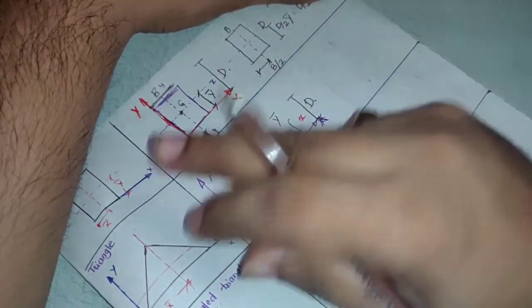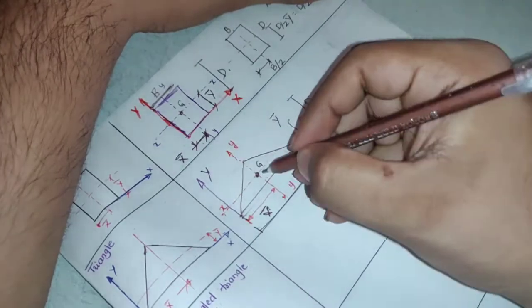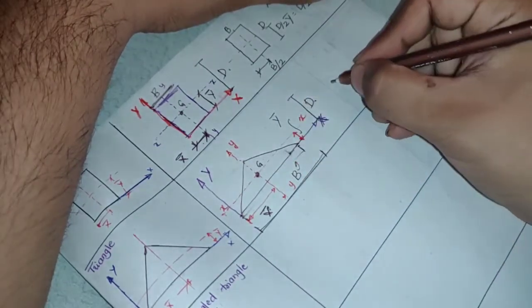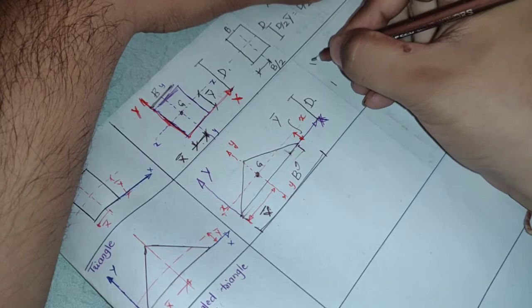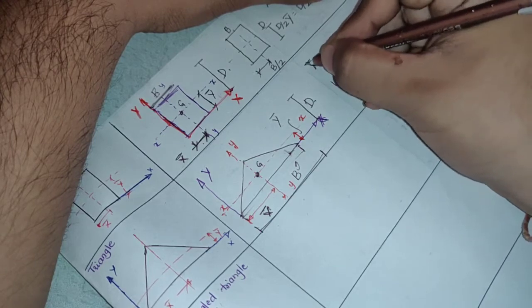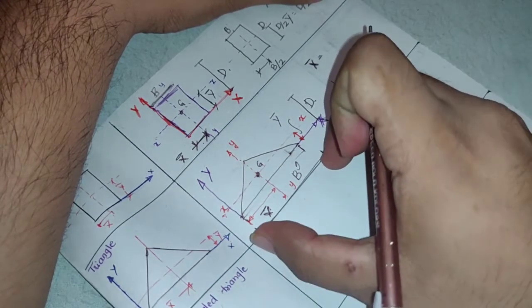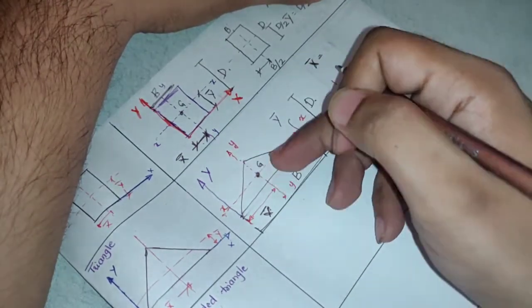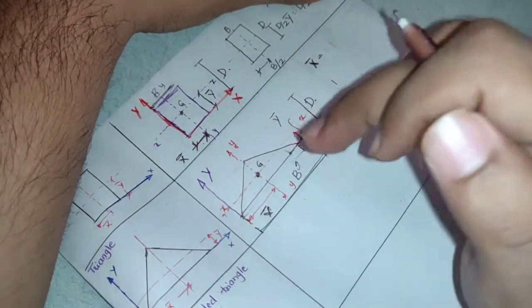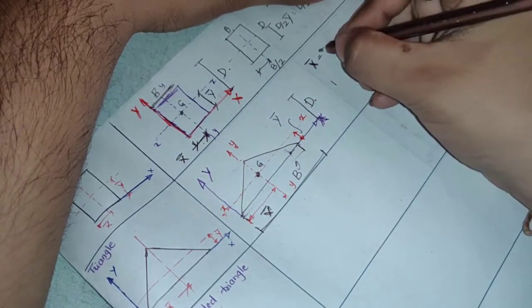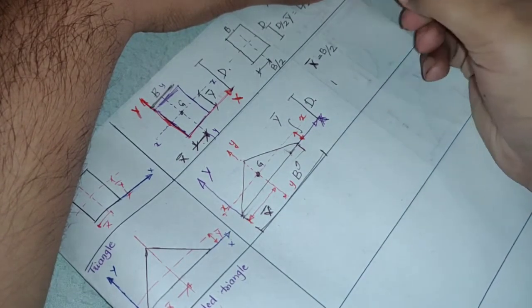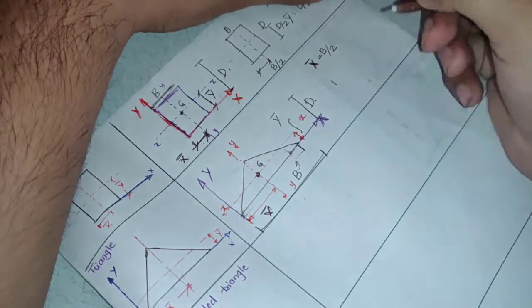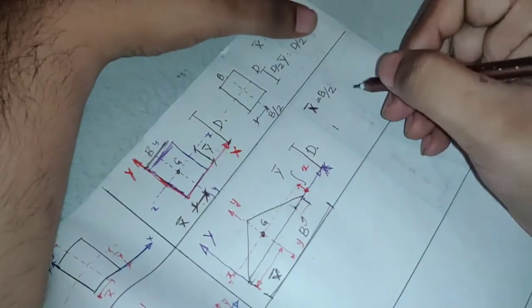So for that reason we have derived, and we got a distance. Before I come to that, what is the value of x bar now? If the total width is b, where should I cut this object such that the area on the left hand side and right hand side are the same? It is exactly at half of the base width, that is b by 2. So x bar for this equilateral triangle will be b by 2.